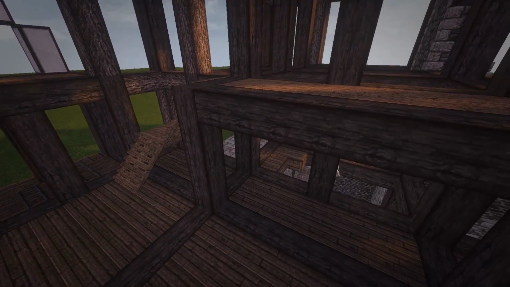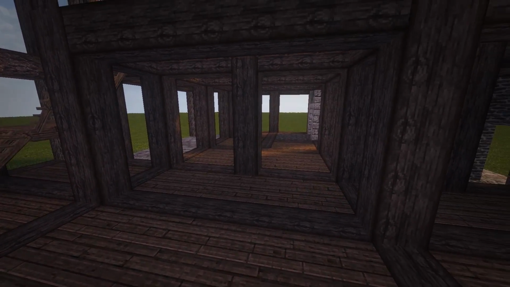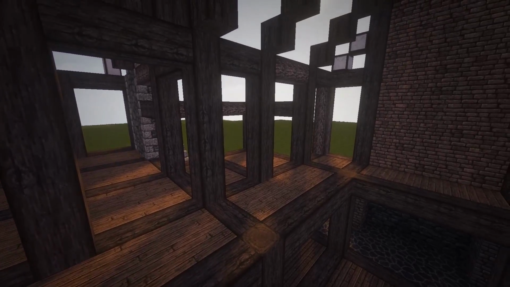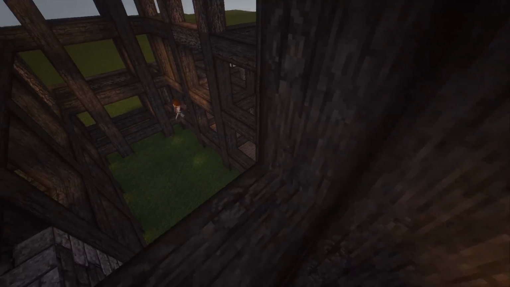We go ahead and fill in the kitchen section. That's what I'm doing right now. That's all going to be filled in with those oak planks. And then we're going to fill in where the tavern keeper would live, right there. And then going over here into the inn, we're going to go ahead and fill all this in with oak